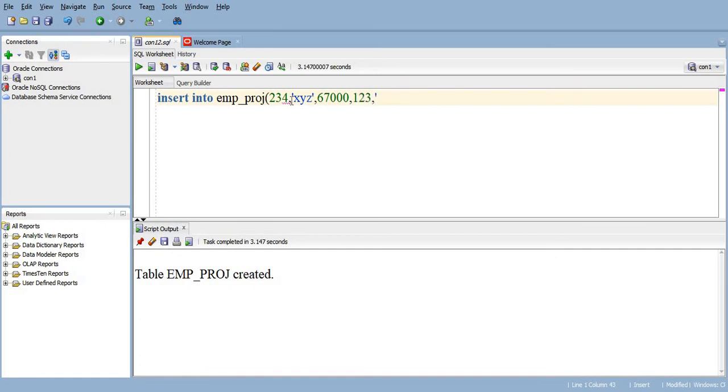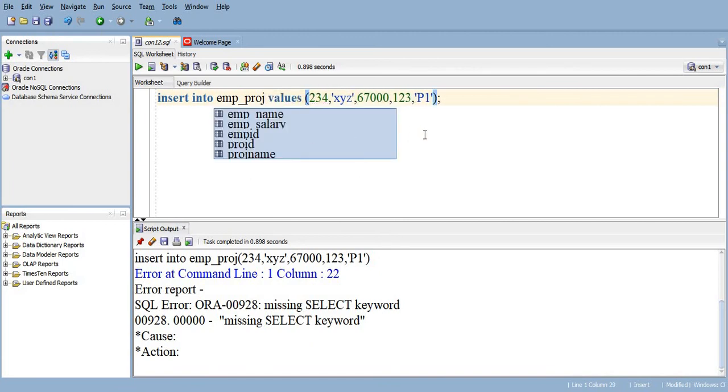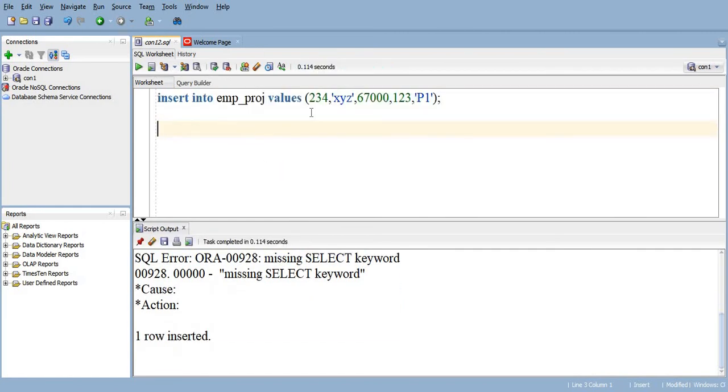Then the project name. Insert into table name, then the values. So it is taking the values and one row is inserted.